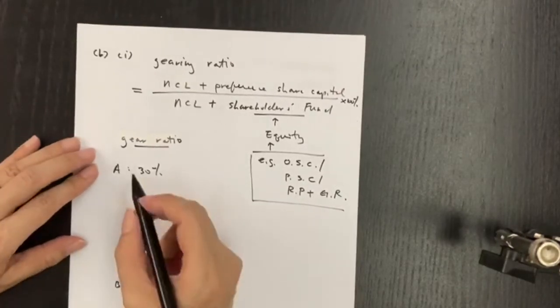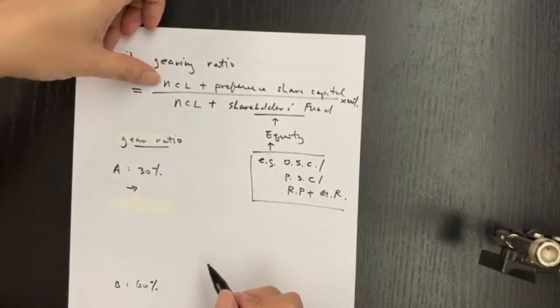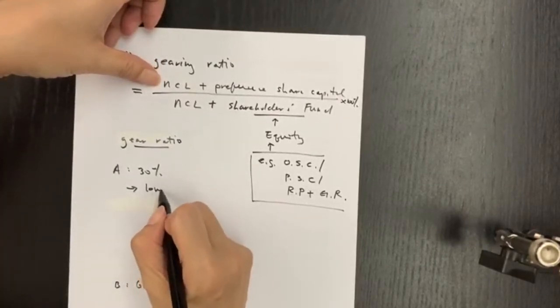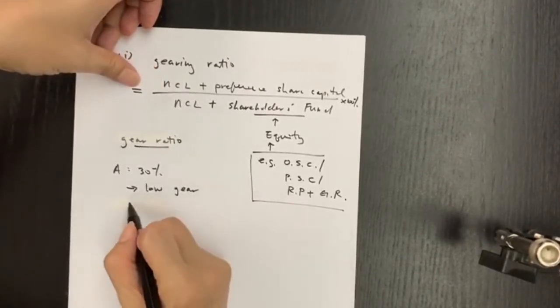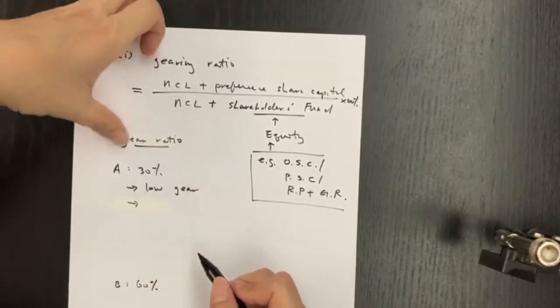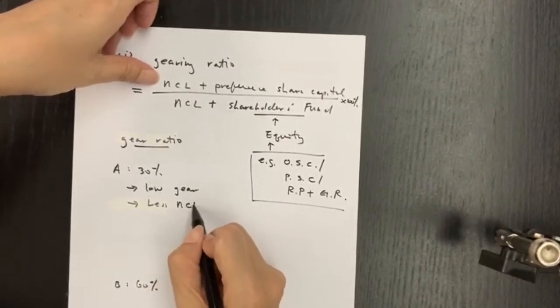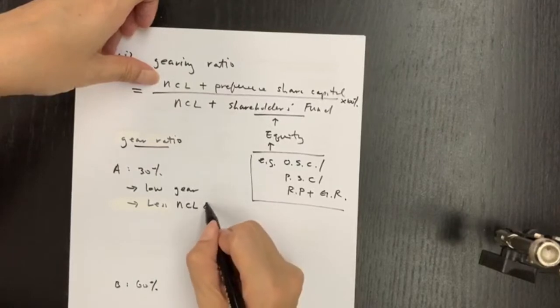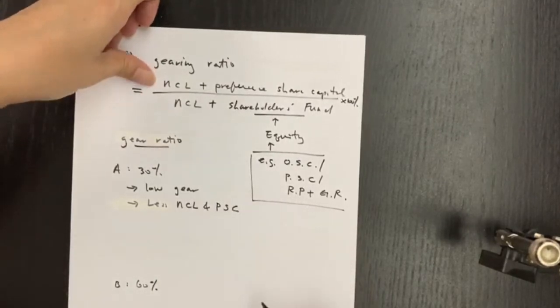So we say this 30% is low gear for company A. That means relatively company A has less